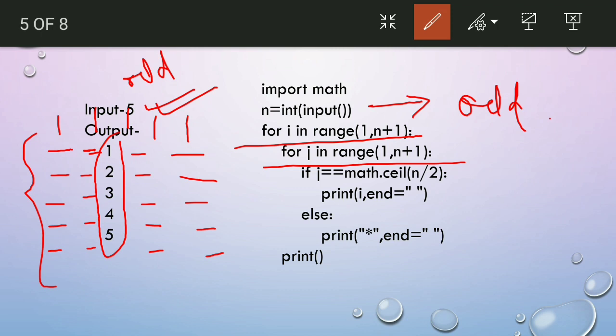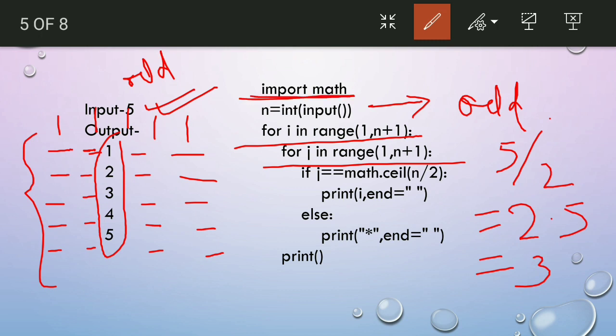What we are doing is finding n by 2. So n is equal to 5 by 2, which is 2.5 in Python. What we are taking is the ceil operation. If we take the ceil of this, it will be converted to 3. So math.ceil, what do you understand by math.ceil? Why have we written it like this? Because we have to import the math module. Importing is done in Python with the import keyword. So we write import and a module or package name, that is math, and we take the fully qualified name, math.ceil of n by 2, which is 3.